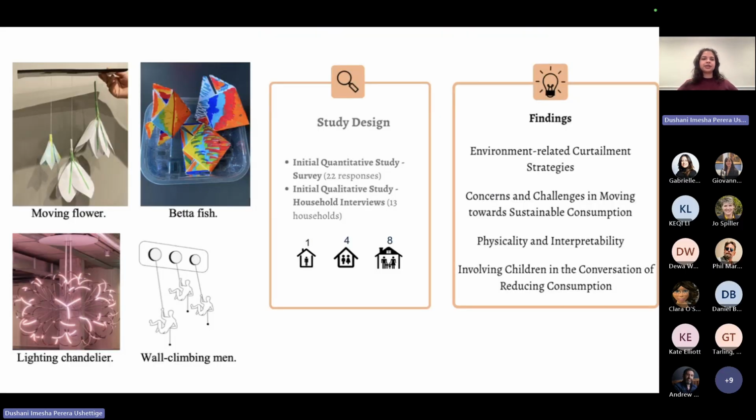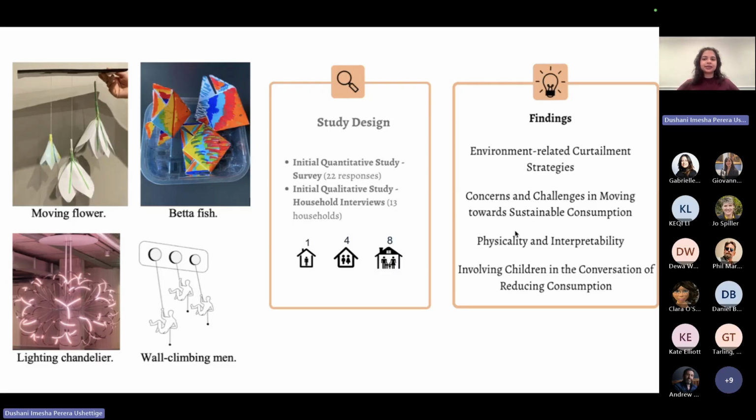So in phase 1, these are the 4 low fidelity prototypes I had. The first 2, the top 2, were paper prototypes. The bottom 2 were just images. Now, these were chosen based on the understanding I got from the literature in terms of data visualization, certain strategies people like, such as gamification, different lighting, mimicking nature, etc.